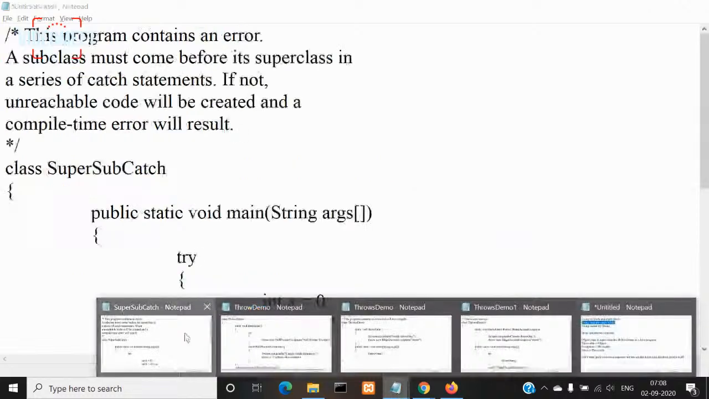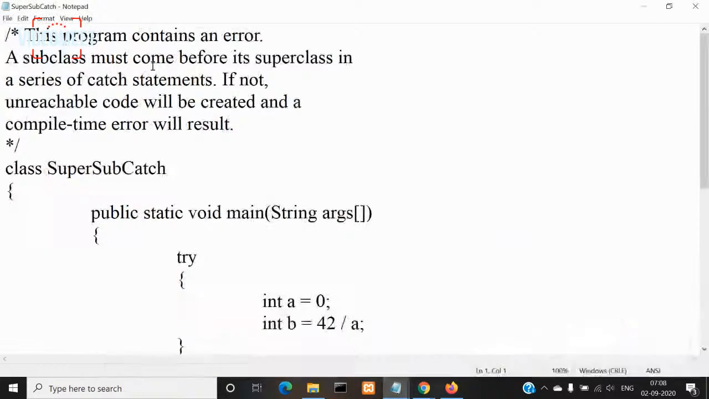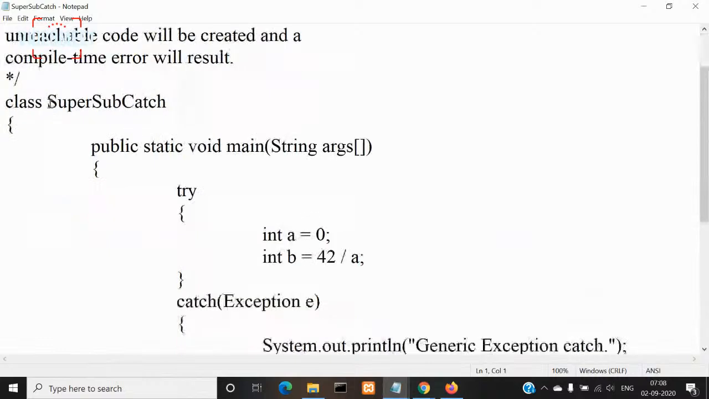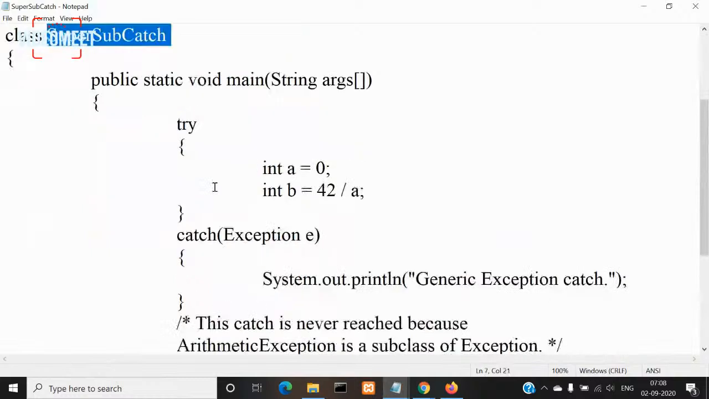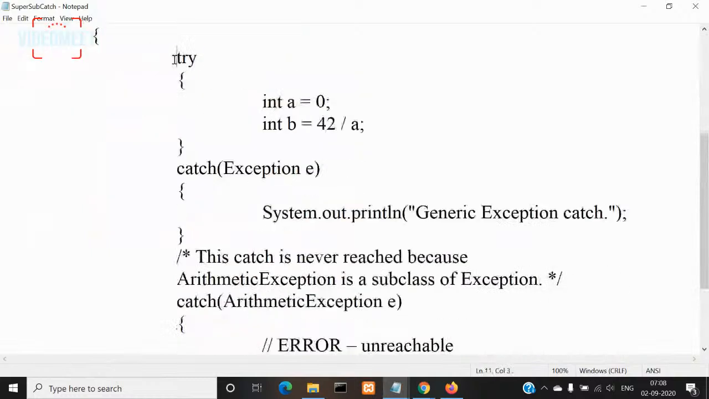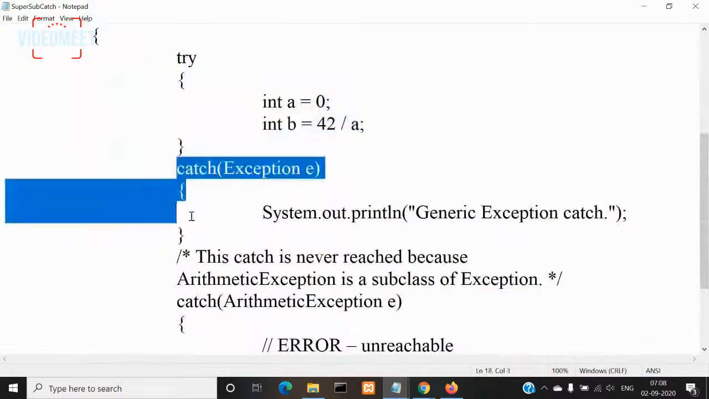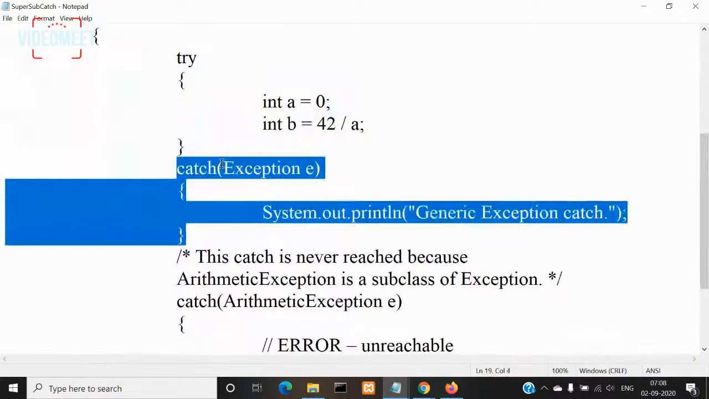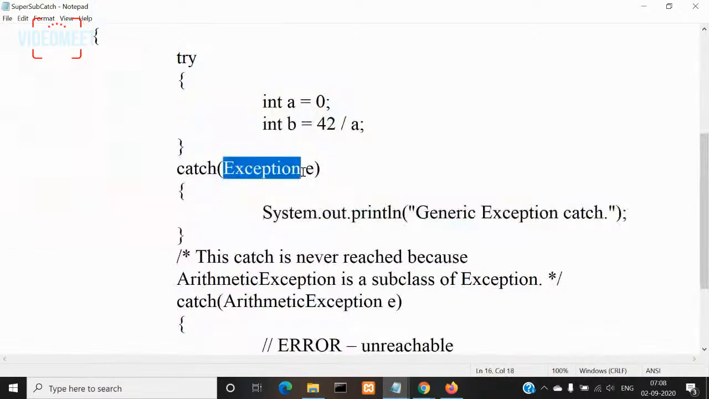So this program contains an error. A subclass must come before its superclass in a series of catch statements. If not, unreachable code will be created and a compile-time error will result. So look at this program. The class name is given as SuperSubCatch. In the main method, we are creating a try block. And simply we are creating a division by zero exception here. And a catch block is written immediately. For that we have given Exception class as the parameter,